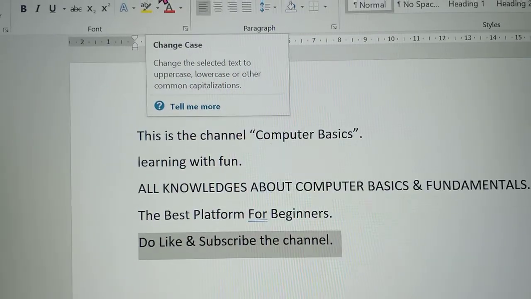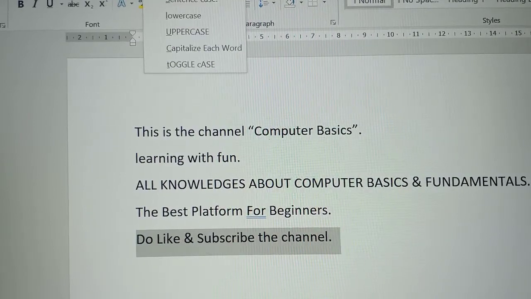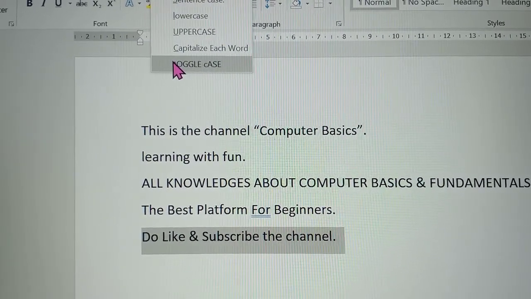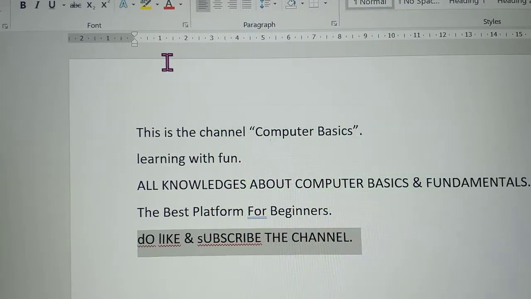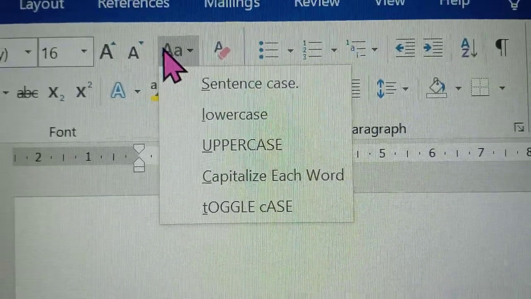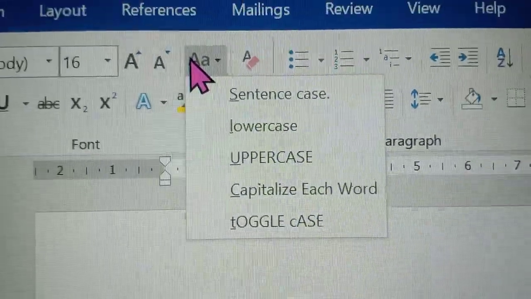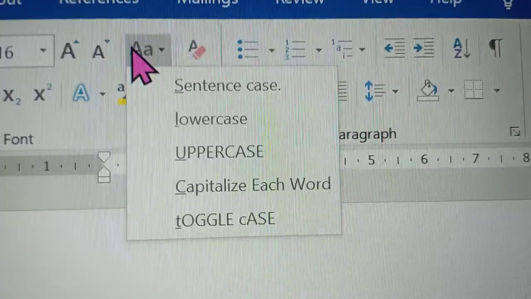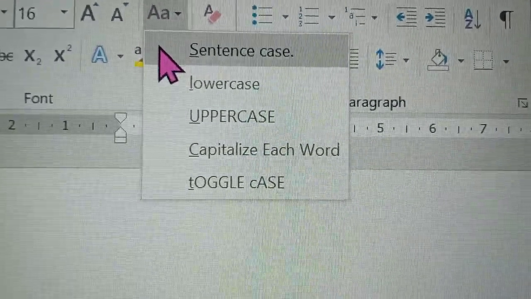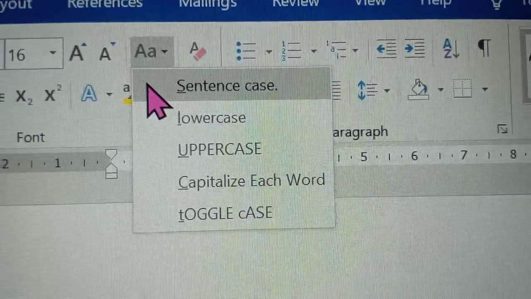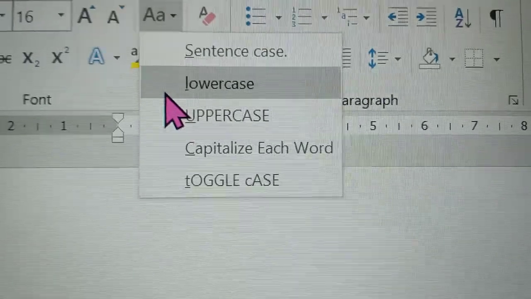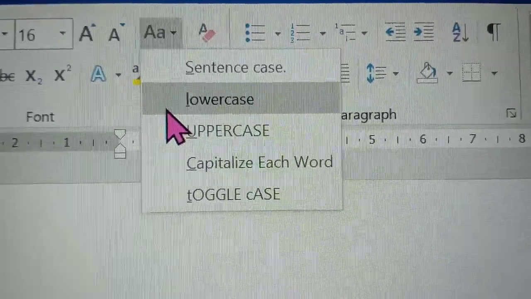Then the last sentence is toggle case. See, it is also changed. So here are the 5 case change options. Sentence case changes the text like a sentence, means the first letter is capital and all others are small letters. Lowercase means all are lowercase letters.